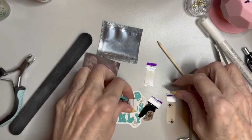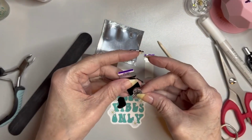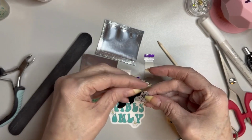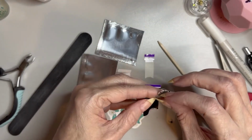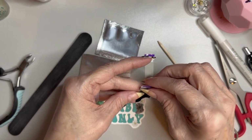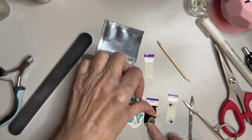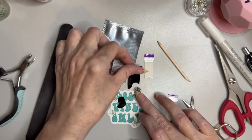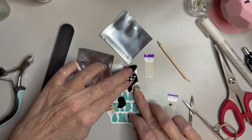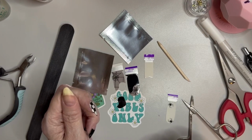So what my idea was to have it like this right here. And so, like this right here. Or, sorry. On my nail. And then have the spider on there. So this is the strip that fits my nail. And I think I had not taken the plastic off. But look there, y'all. That came right off. So I'm trying to decide. Do I want to put this on first? It is cut out, like they were cut out over top of each other. I'm trying to make sure I'm still in frame here. So they are, it should be an exact match. So, I'm not sure if I want to put down, nah, I think I'll,